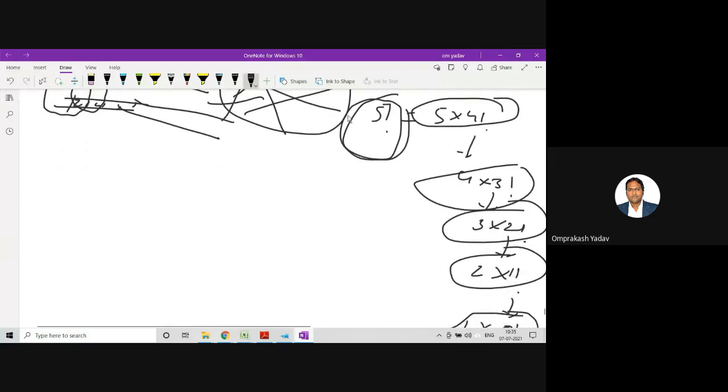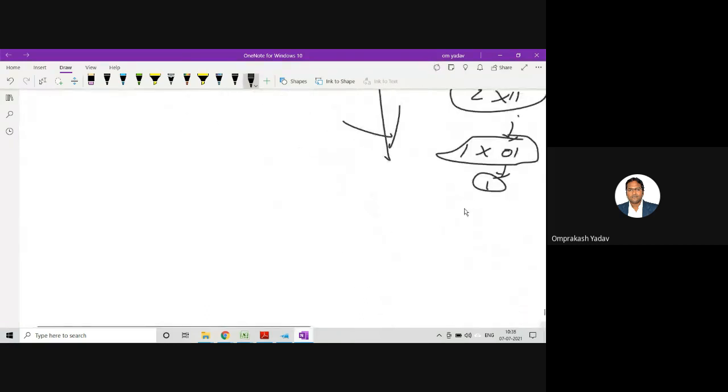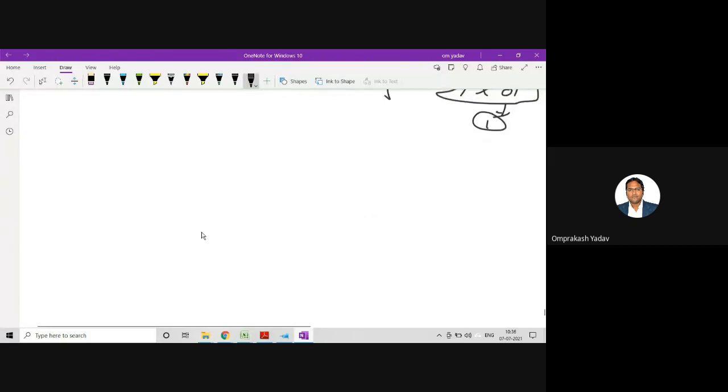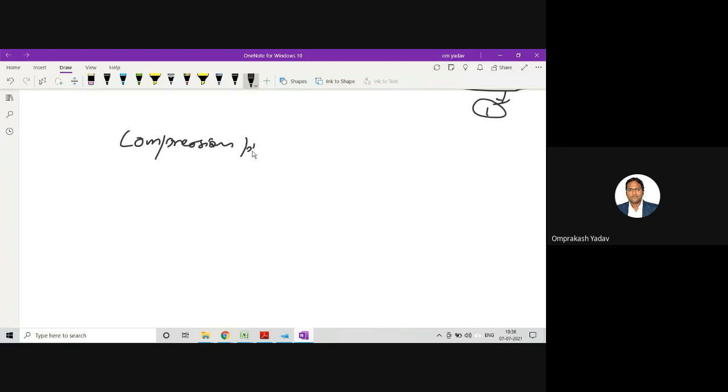One is the expansion phase. So this is called the expansion phase. Here it is going to divide the bigger problem into smaller problems. Now every smaller problem's solution will be collected. So the second phase is the compression phase, where the solution will be collected from every smaller part.